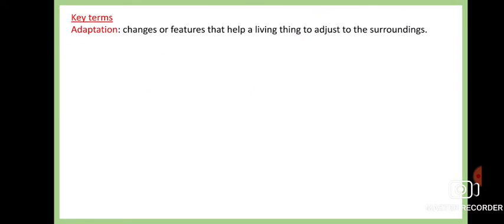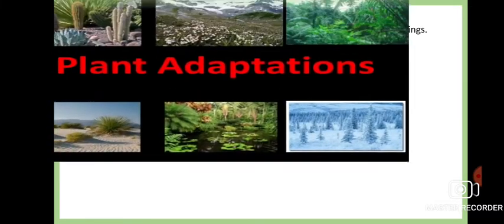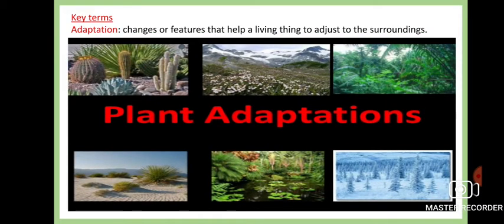Next is the adaptation, that is the changes or the features that help them live or adjust with the surroundings. This is very important. As in the lecture in the class, I had already said about the desert plants. The leaves are modified into spines. The stems are fleshy. They can carry out photosynthesis by this process. So cactus plants, all the plants which stay in the desert, are definitely different from the plants we can see in the cold region, or the plants in the aquatic medium.